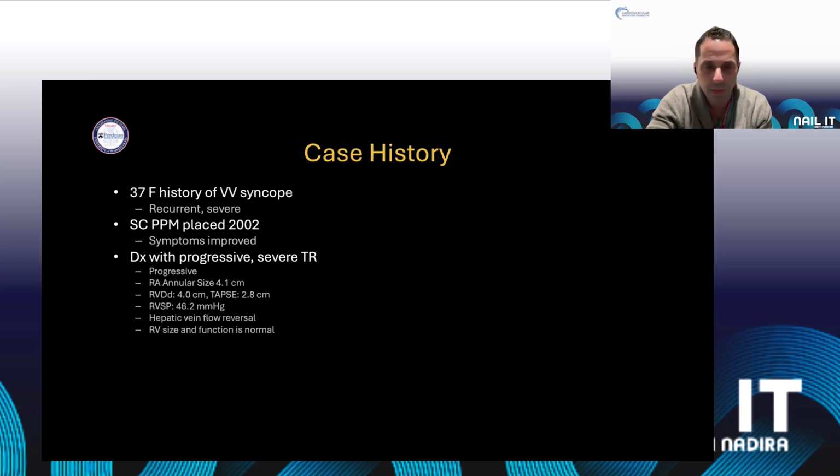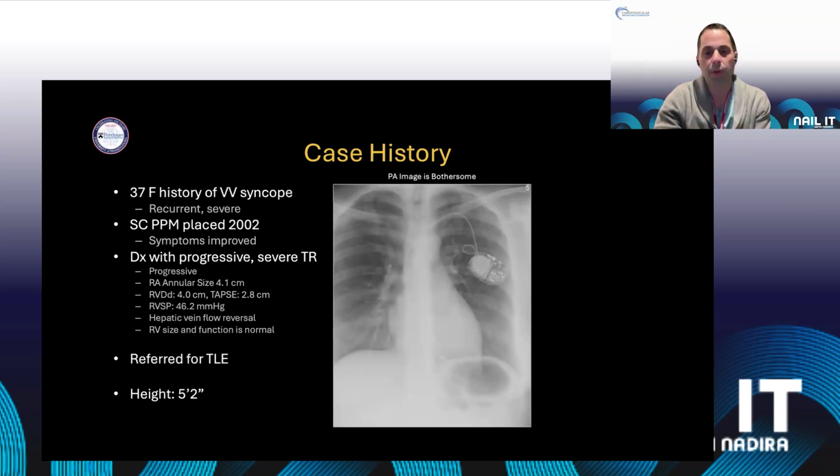But you can see that she's starting to dilate a little bit. Her annulus is bigger, her hepatic vein flow is reversed, and her RV size is normal, but she has severe TR. She was referred for extraction because she was so young, although she wasn't really symptomatic yet, and her height was 5'2". And the reason I say that is because a lot of times when patients get pacemakers when they're very young, they think that they're going to grow. This patient maybe was already fully grown, but the congenital population has these big loops frequently in their pacemaker leads